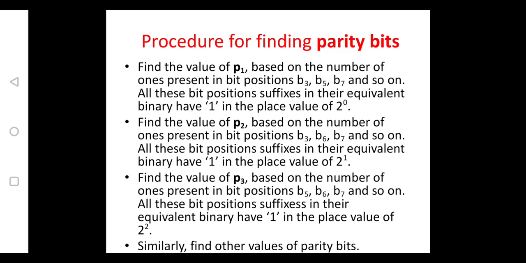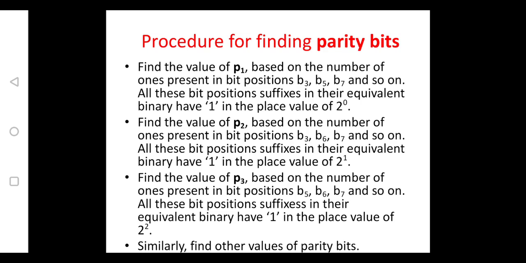And the next question is where to place these parity bits. As I have told you, for 4 data bits we need 3 parity bits. I am assuming the parity bits are P1, P2 and P3. The first step is we need to place the parity bits at the powers of 2. The total number of bits we want to transmit in the code is 7. We need to write the positions starting from the right side towards the left side, that is from LSB towards MSB: 1, 2, 3, 4, 5, 6 and 7.